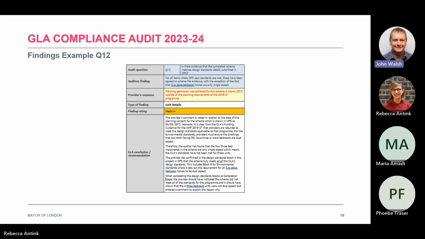Now, if the provider had gone through that process and submitted the project on that basis, then ultimately the GLA would have approved that project at final grant claim stage, and the matter would have been dealt with in the context of the audit report. The finding would effectively be a non-breach, because the provider had correctly notified the GLA that not all the design